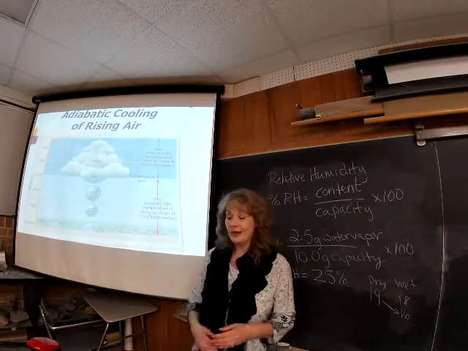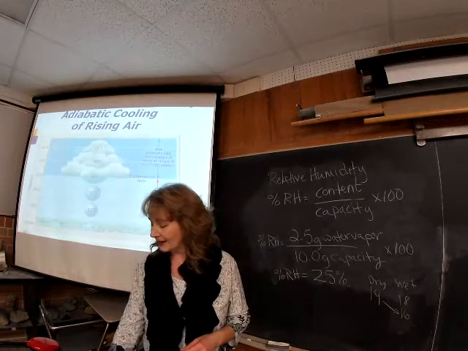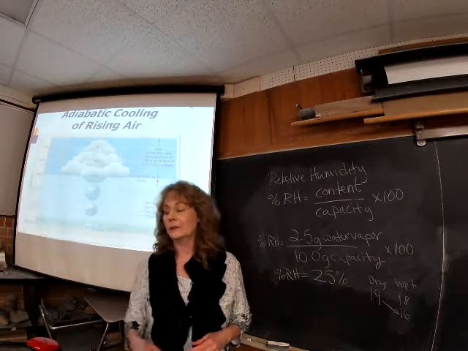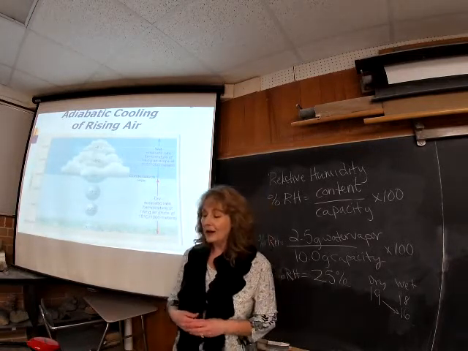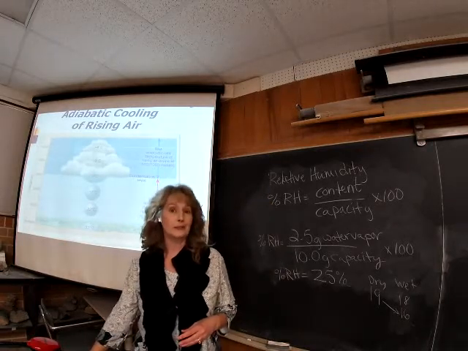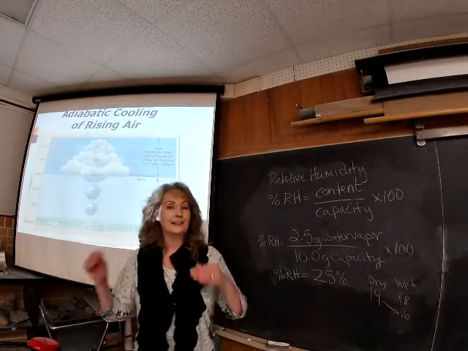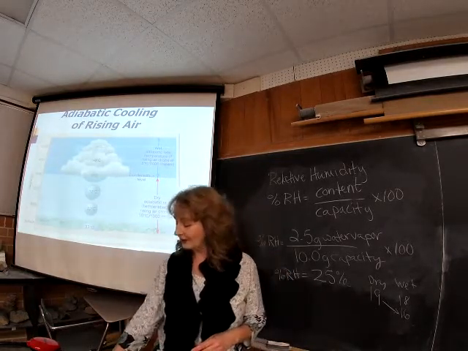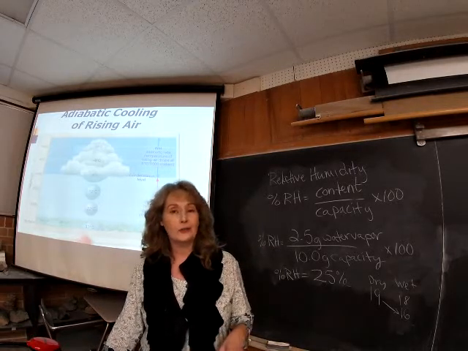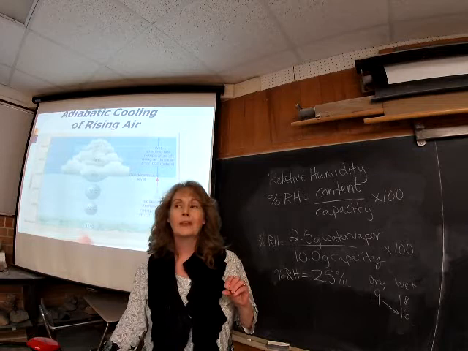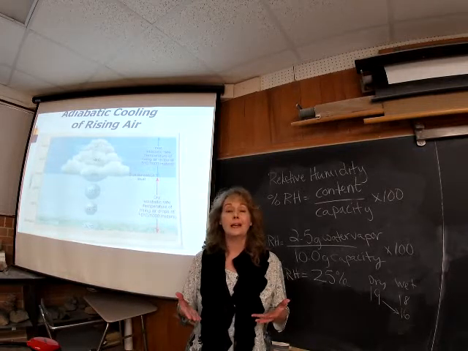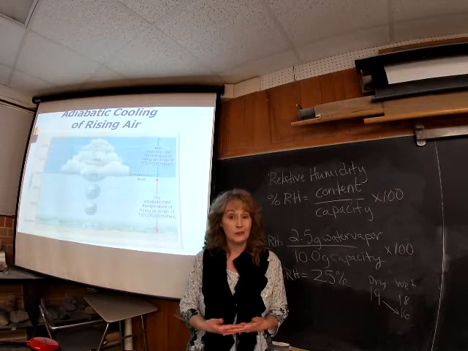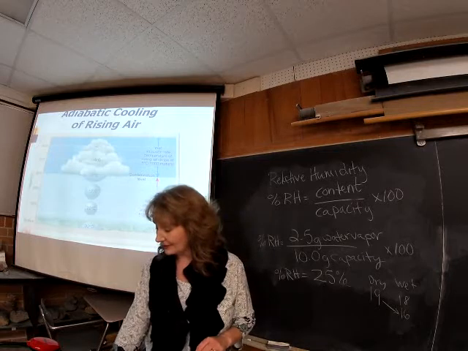I don't know how well you're seeing that, but we've got the surface right here, and this is the height in meters going up. We've got 1,000, 2,000, 3,000, on up to 5,000 meters in the atmosphere. They're showing the cooling rates: the dry rate here, and once we get past that condensation level, it will cool at the wet adiabatic rate. So let's take a look. We start with a parcel of air at Earth's surface at 32 degrees Celsius. If it cools at the dry rate, it would be cooling 10 degrees Celsius for every 1,000 meters.